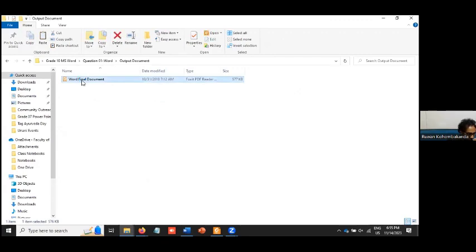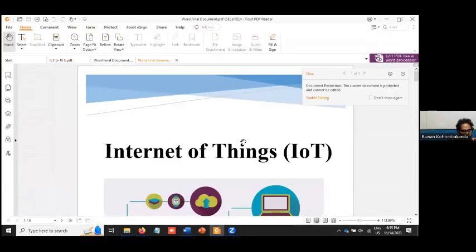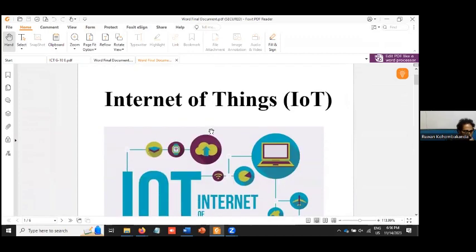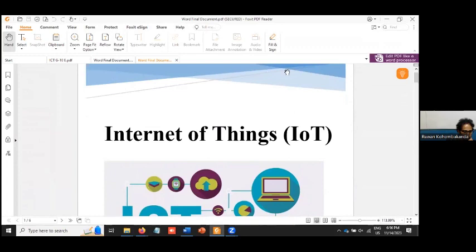This is a document prepared with MS Word. Here you can see this is a cover page. Right here you can see the cover page. The first page is a cover. The PDF, right? Yes, sir, exactly. I converted it into